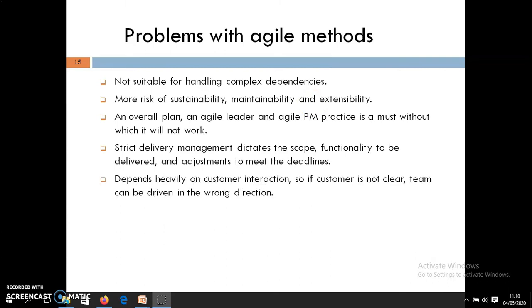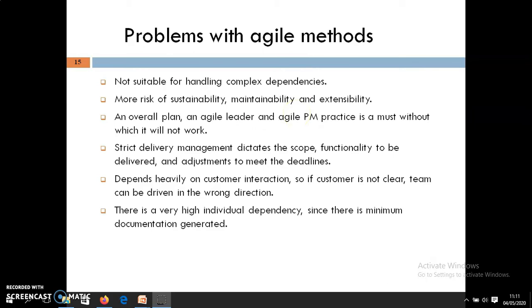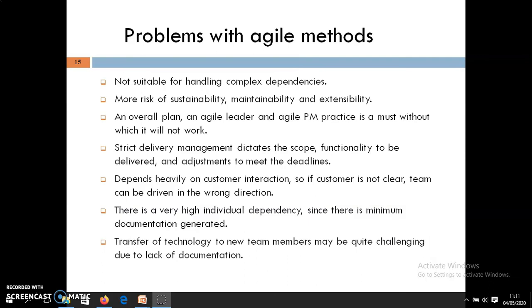It depends heavily on customer interaction. Otherwise, if the customer's requirements are not clear, the team will go in the wrong direction of software development. There is high individual dependency, and minimum documentation is required. Transferring technologies to new team members may be quite challenging due to the lack of documentation.